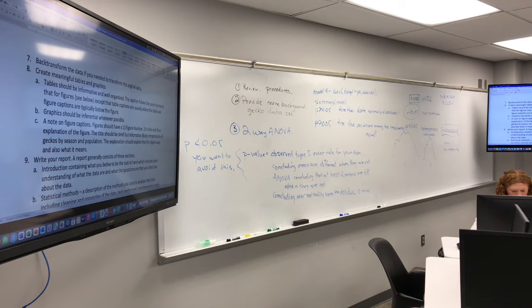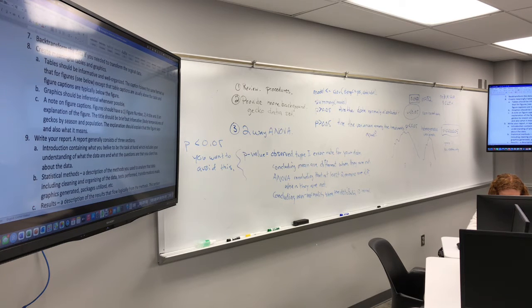A couple of notes about figure captions and table captions. They have a particular form. The form is here. They all have a number. They have a title, which is basically a description of what the graph is. And they all have an explanation, which is an explanation of what the graph is saying and what that